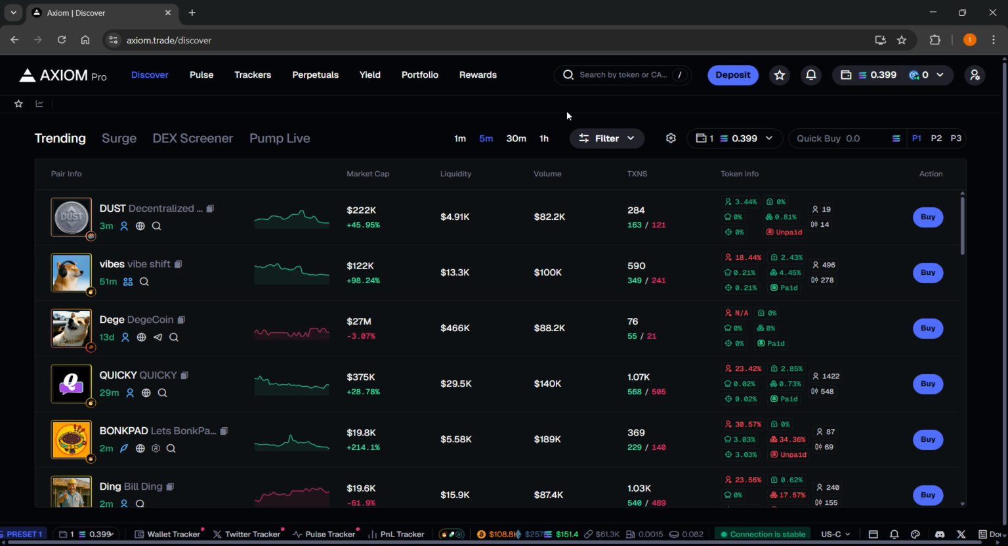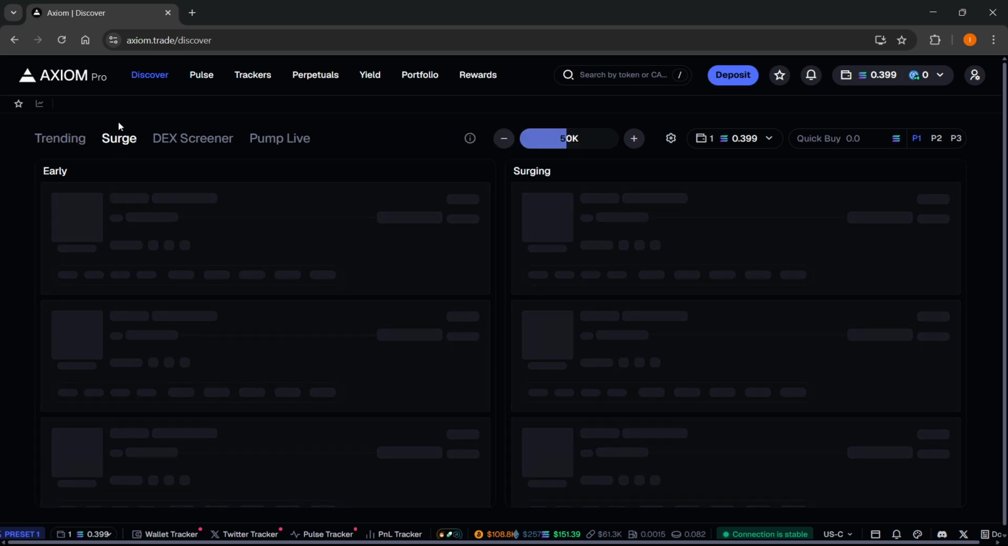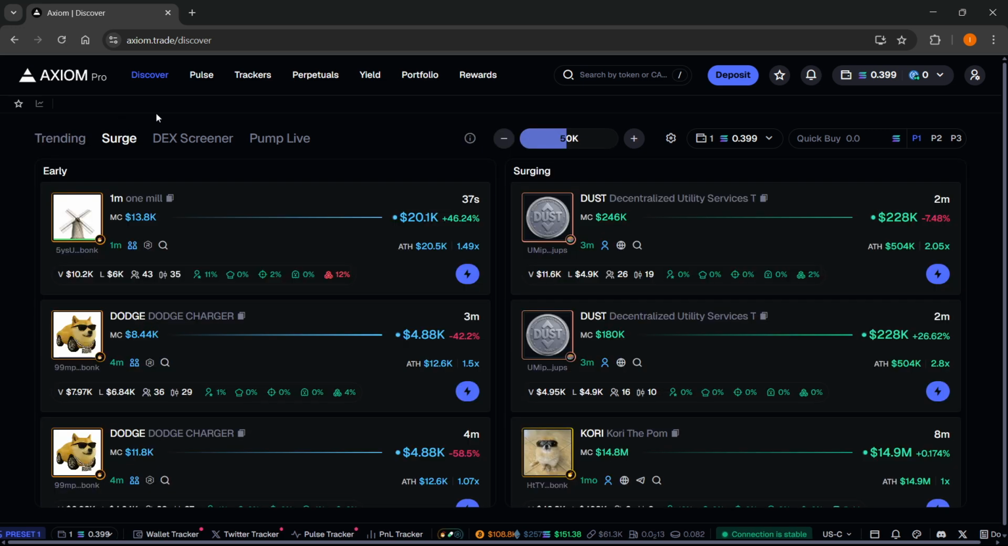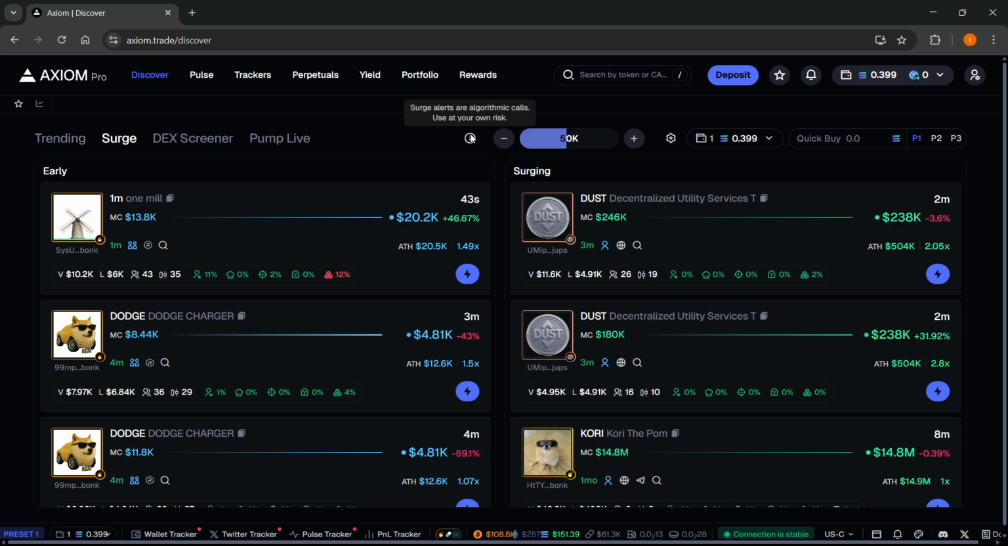So to actually use Surge on Axiom, this has now been the recent update. You want to go ahead, go to Discover, top left over here, and then you want to click on Surge over here. So Surge is going to be the second tab, and then first we must read this announcement over here. It says Surge alerts are algorithmic calls and you can use them at your own risk. Okay, so of course this is not perfect, however it is quite a nice tool to find different early and